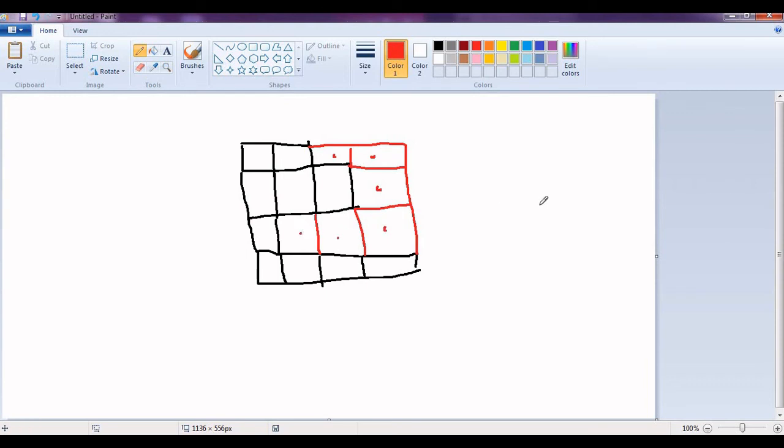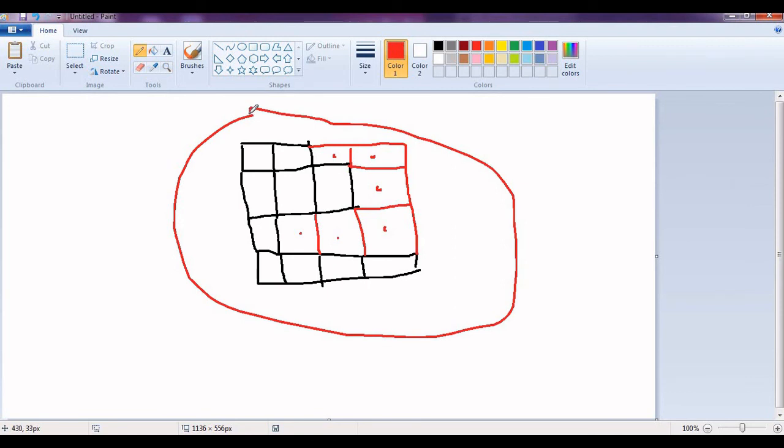So that's basically the unstructured array. In C, we create this kind of structured array. But in Java, we can create an unstructured array, meaning one row has some number of elements, and the second row has a different number of elements.